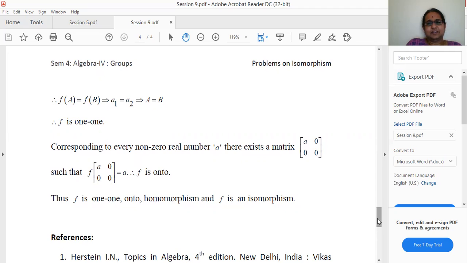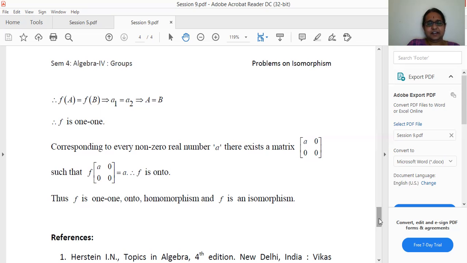So we shall see again the definition of homomorphism. We have two groups, G comma plus and G dash comma dot. F is a mapping from G to G dash defined by f of g1 plus g2 is equal to f of g1 dot f of g2. If this condition is satisfied, then we say the mapping f is a homomorphism. If it is not satisfied, f is not a homomorphism. Only when f is a homomorphism can we find the kernel f. And for isomorphism, in addition to homomorphism, the mapping f has to be 1 to 1 and onto.